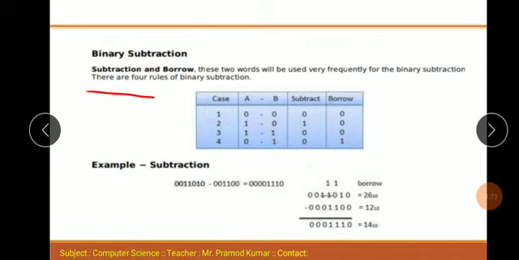You take borrow 1 to the next number. So with an example you will understand better. Here 0011010 subtract 0001100. 0 minus 0, 0. 1 minus 0, 1. 0 minus 1, you borrow and find out 1. And here again 0 minus 1, 1, and here 0, and all the rest 0. You understand better through this example.